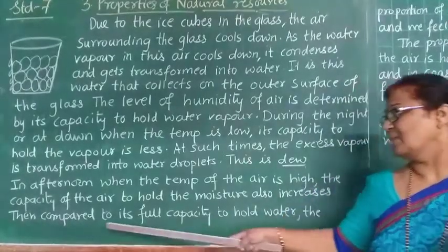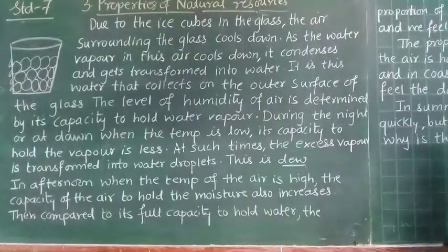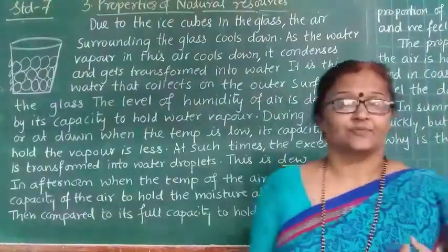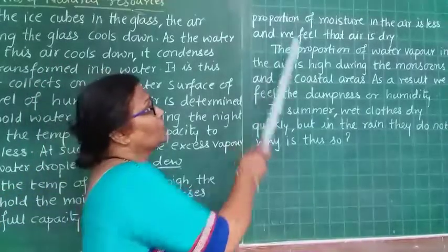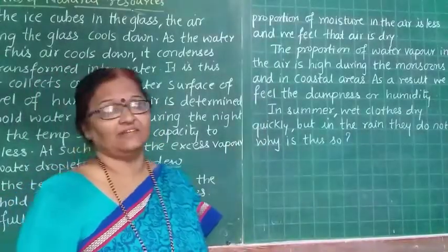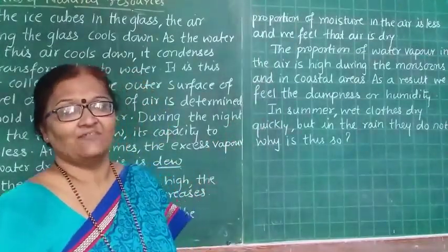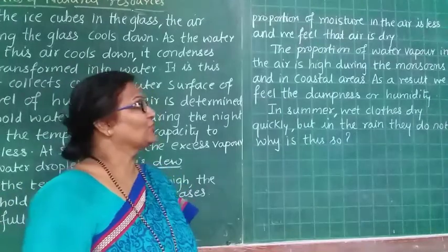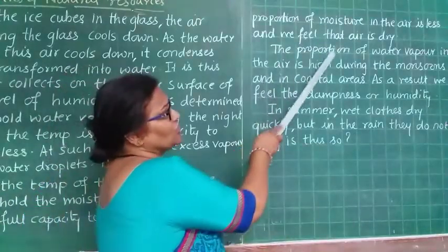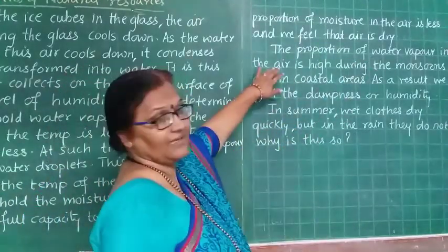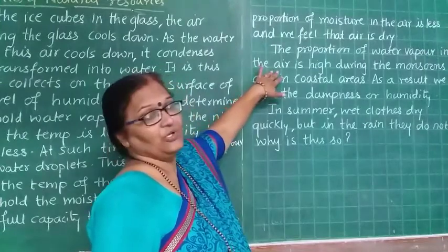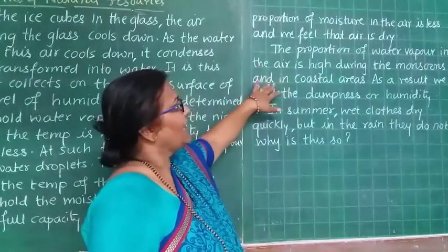Then compared to its full capacity to hold water, the portion of moisture in the air is less and we feel that the air is dry in the afternoon. Then the proportion of water vapor in the air is high during the monsoon and